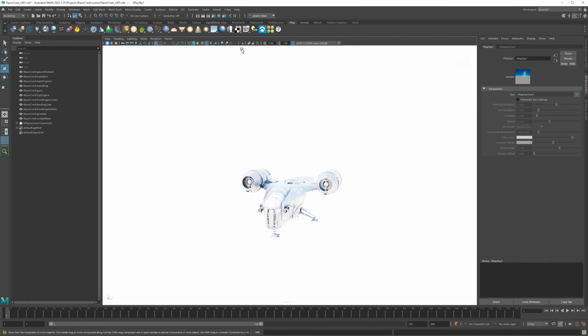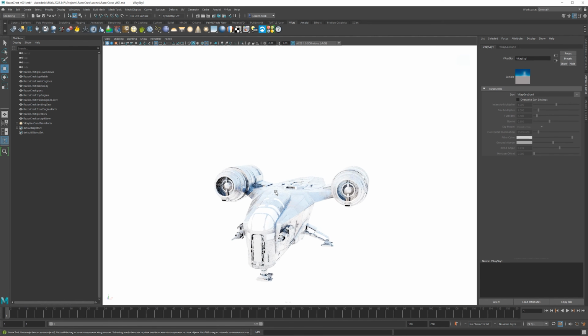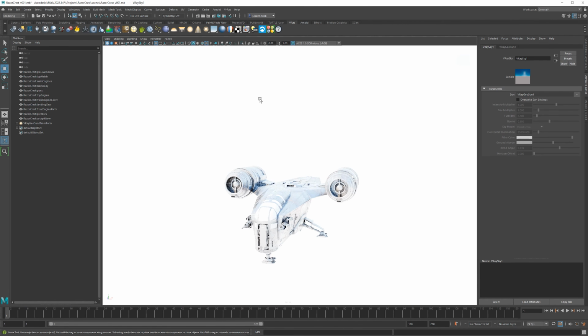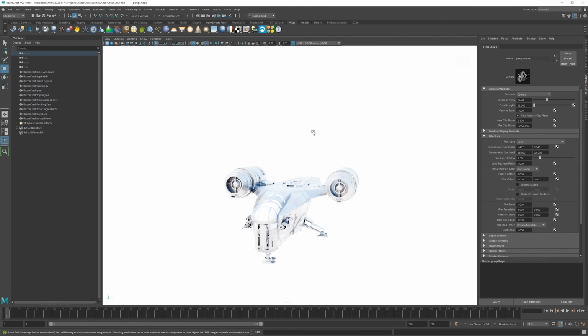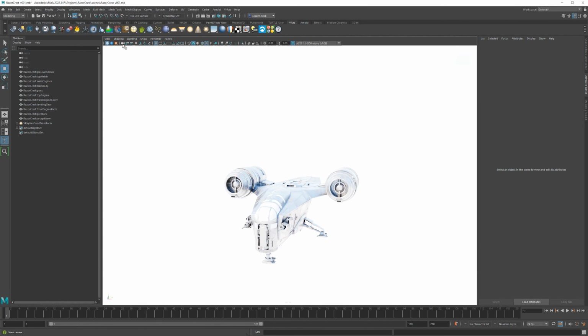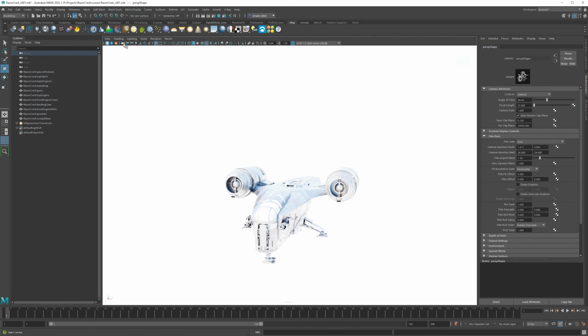Now, because the V-Ray sky is so absurdly bright, we have to create a physical camera node, basically, for our camera. We don't actually have to create a camera. By default, any viewport camera is a camera, fully functional. So if you select this button right here, you can grab your camera, or you can just do perspective.